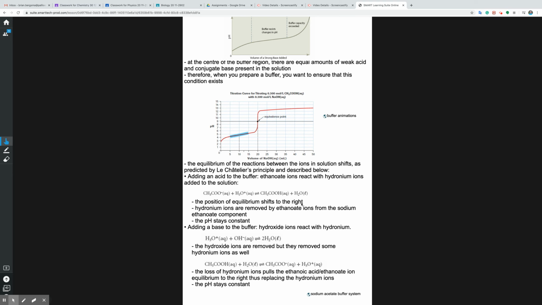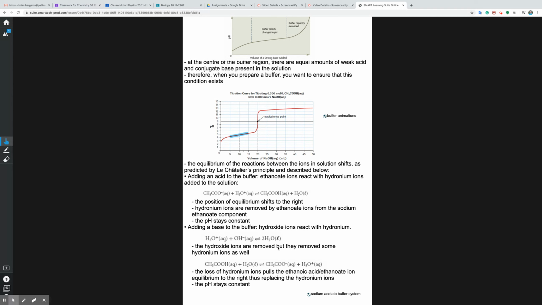One thing to note is that a lot of times you can't just add ions on their own. You have to add them with something. So lots of times we'll have sodium in there, again, just a spectator ion that doesn't really matter. When we add acid, it's producing a different type of acid, and it's just shifting the equilibrium back and forth. Okay, if we add a base to a buffer, so hydroxide ions with hydronium,